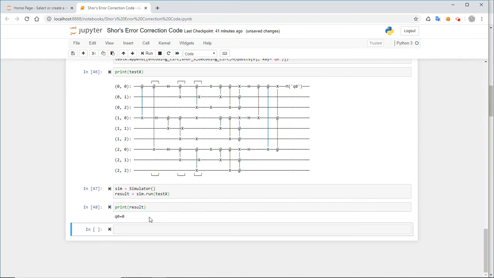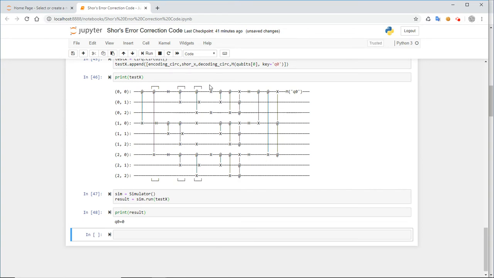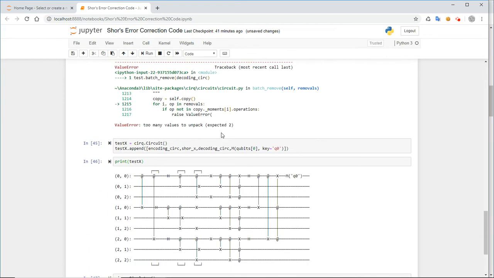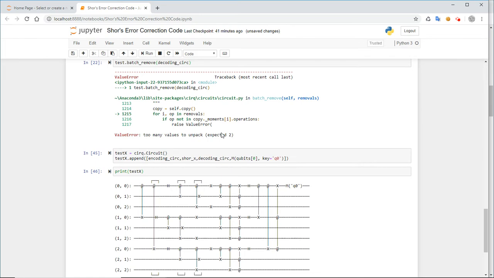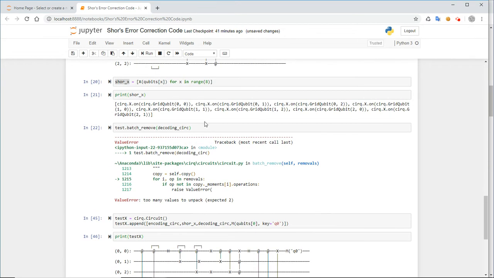C0. I thought I would see a 1. I thought I would see 1 because I'm adding x everywhere. Maybe I'm wrong. Maybe the Shor X should just be x